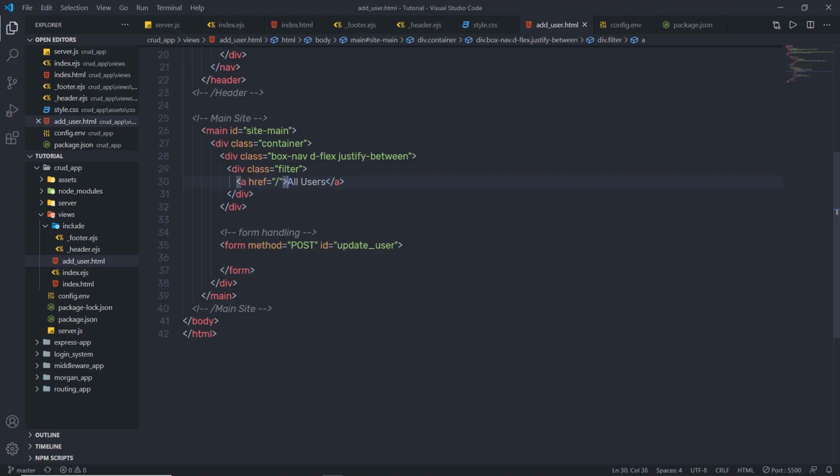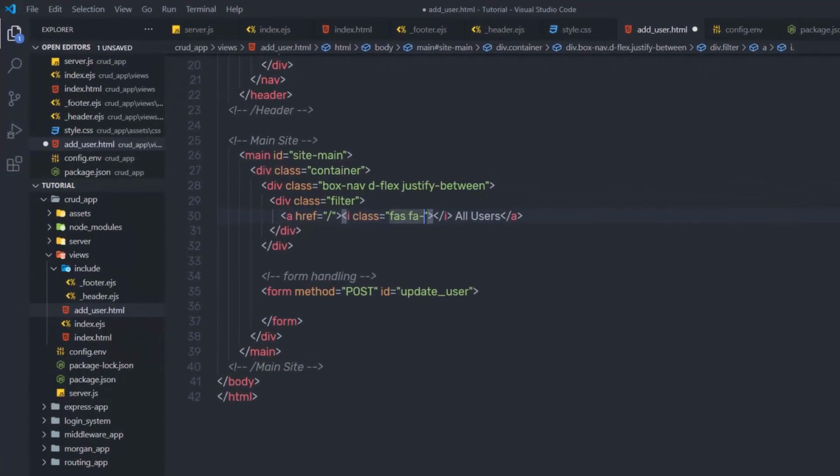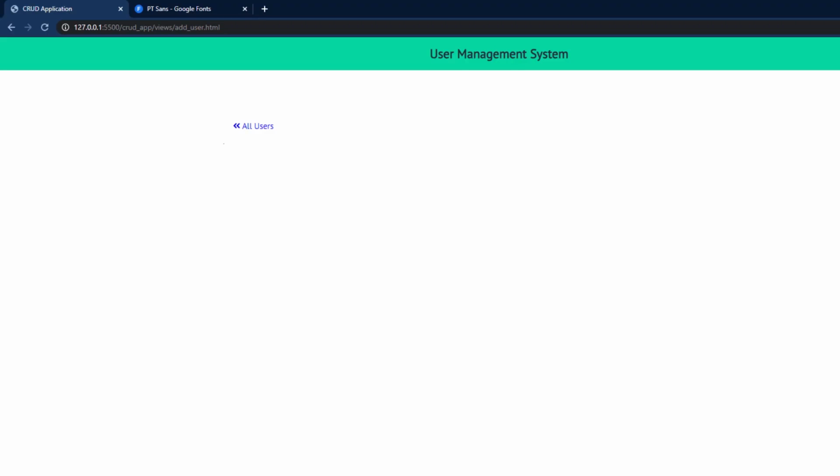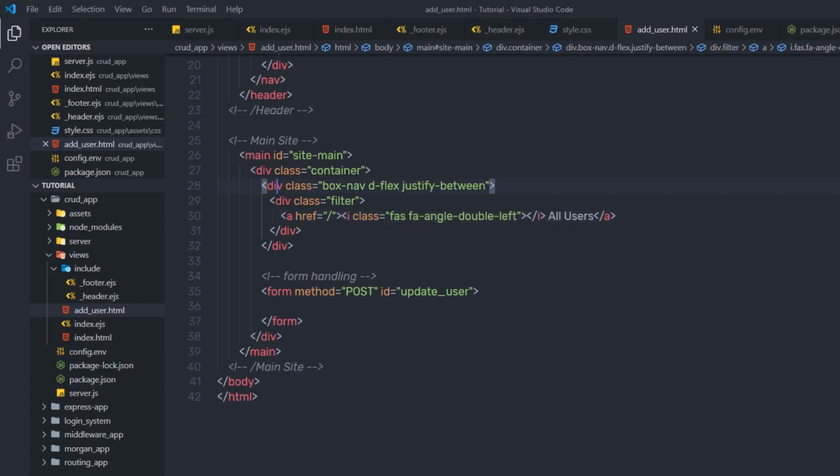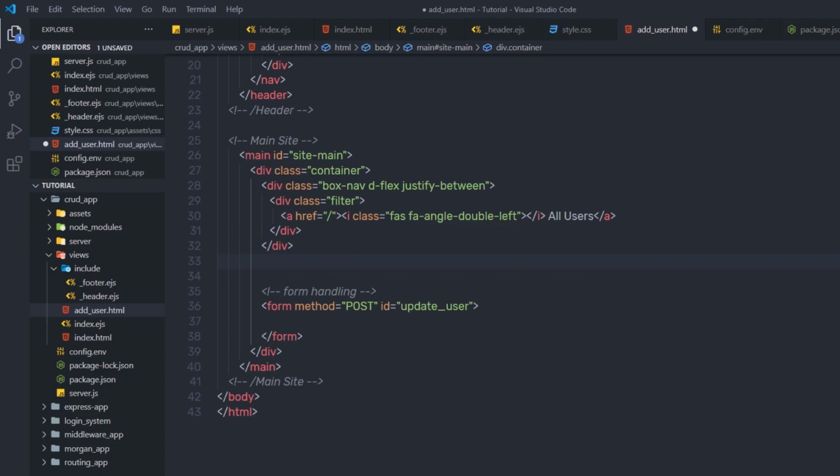So let me just go back to my project, and I'm going to specify here fa fa-angle-double-left. Save the changes. This will add this icon to this text. Just out of this box, down here, I'm going to create another div with form